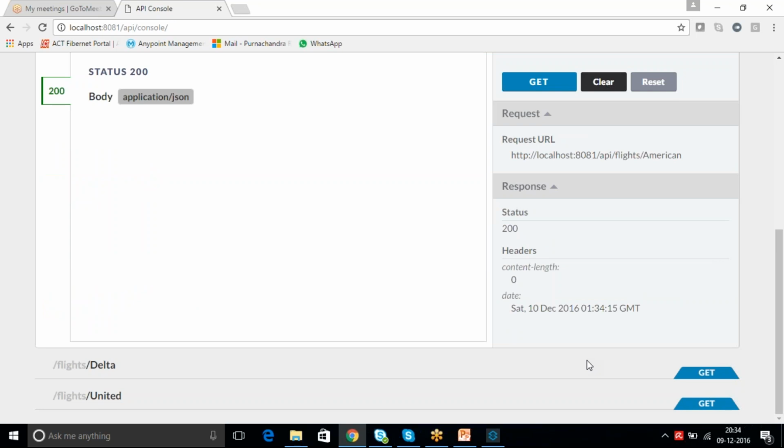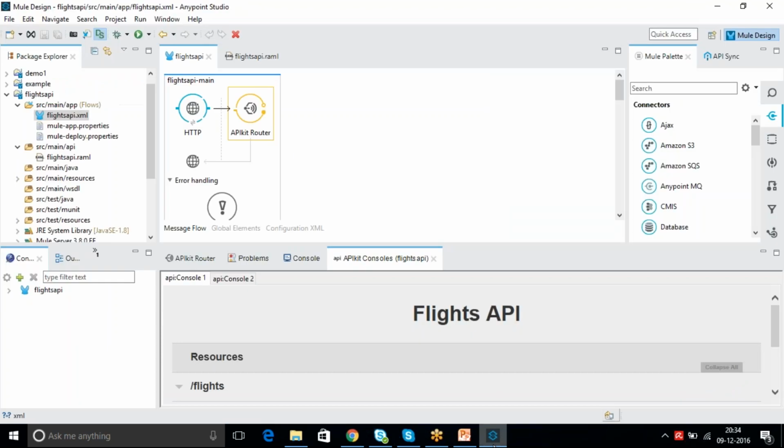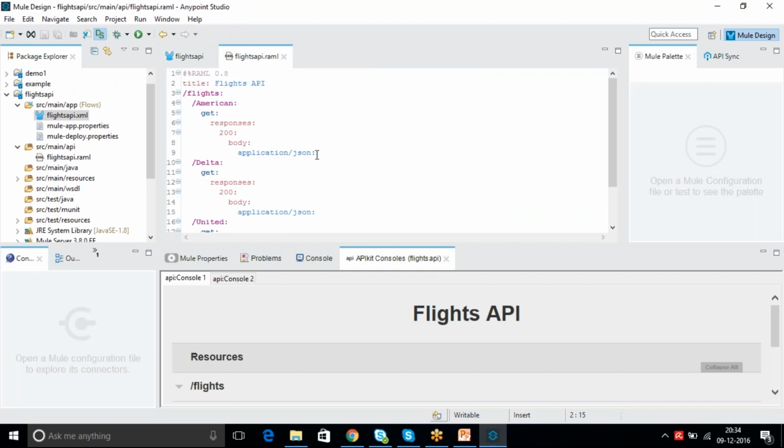Because we did not set any response. We are not going to connect any backend system yet to get the response back. In such cases, you can put some dummy response if you want to see it in the console, by using the example tag I already showed. If you put an example tag and give it some example, you can display it.